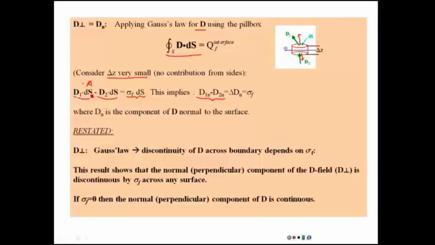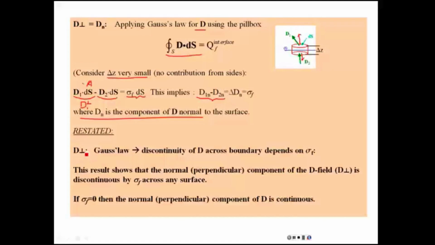If we dot the D1 into ds, we get D1 perpendicular. It's the normal component of D1. Likewise, we get D2 perpendicular. And that's where we get these two values. And just to nail it, D sub n is the component of D normal to the surface. So restated then, the